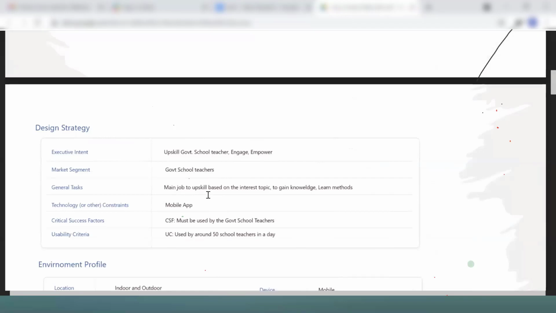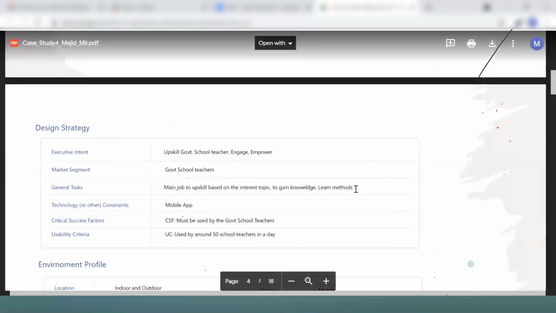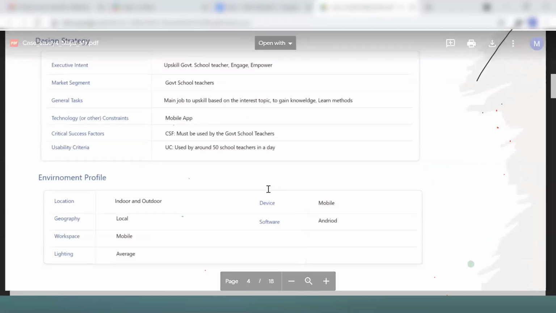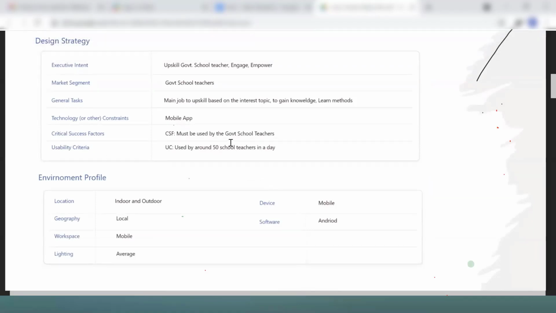For example, the main job is to upskill based on the interest topic, gain knowledge and learn methods. This is a user critical success factor, which means who is going to use this application: the government, teachers, schools.